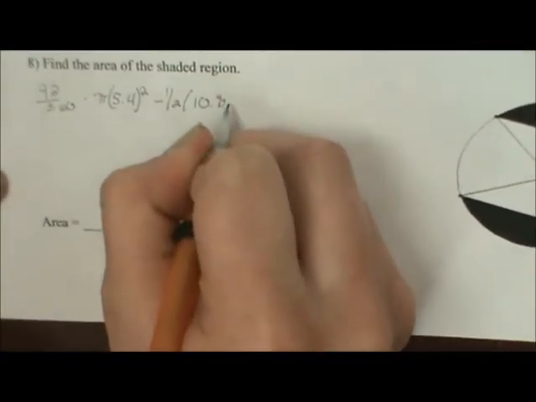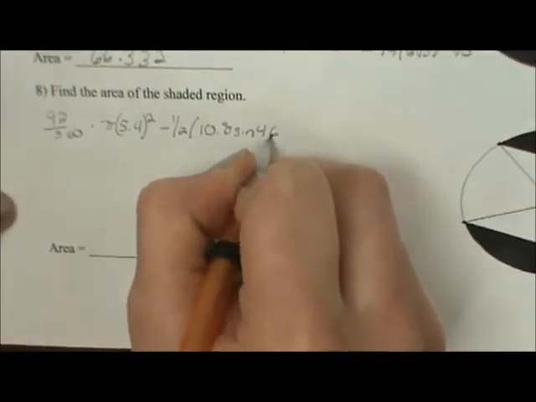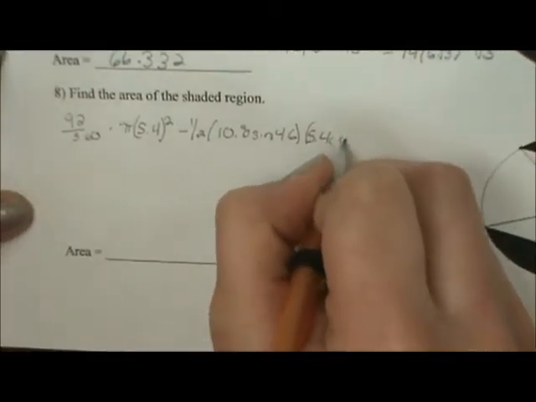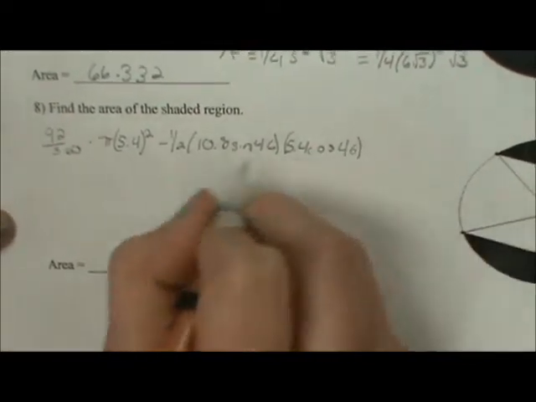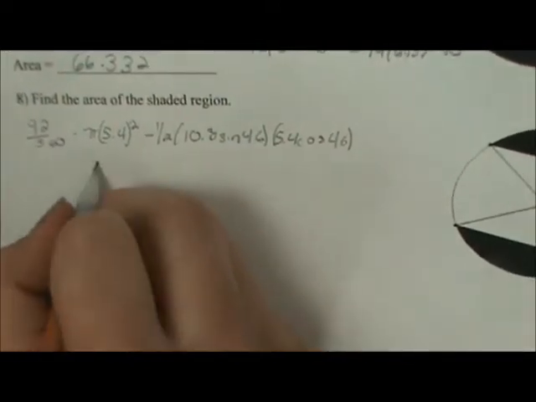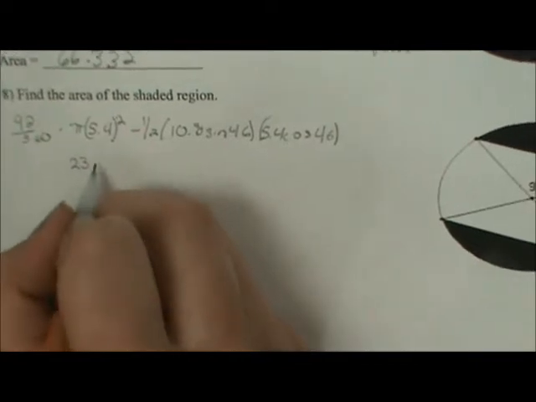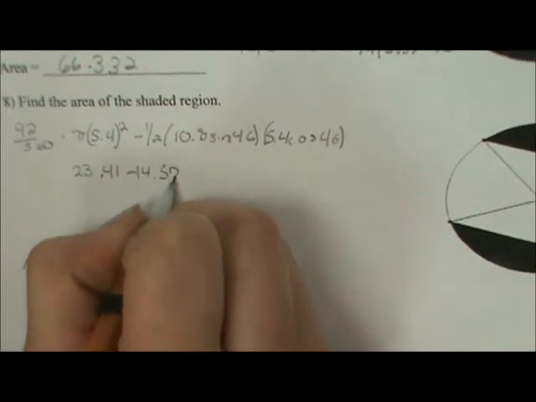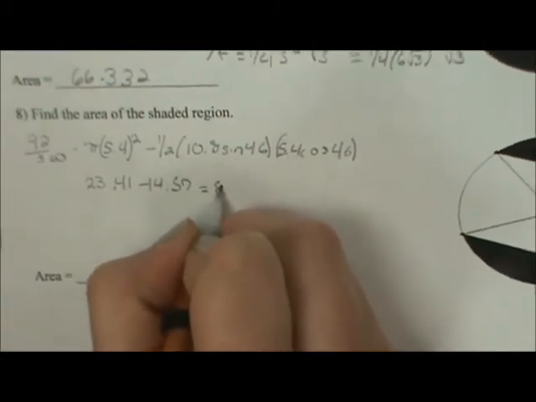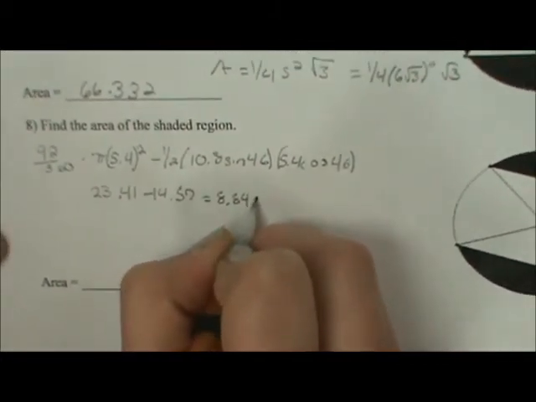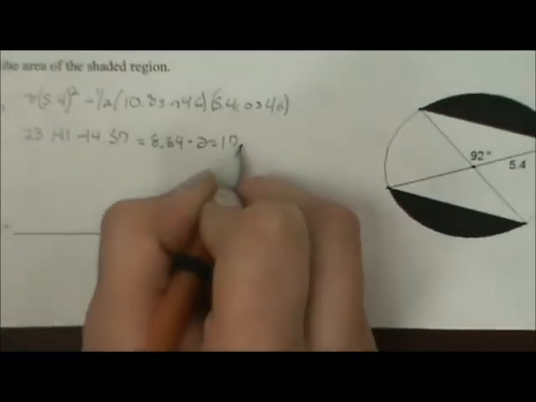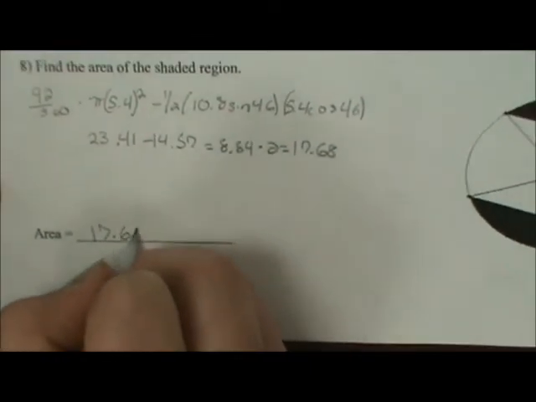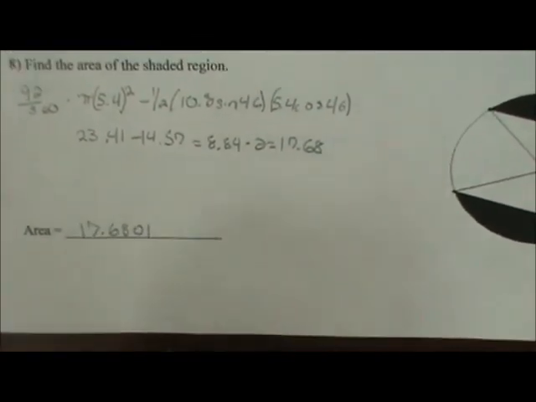Okay, number 8 is you have to do 92 divided by 360 times pi times 5.4 squared, because that's the radius of the circle, minus 1/2 times a, or the height of one of the triangles-ish, is 10.8 sine of 46, and then times our perimeter of the polygon inside is 5.4 cosine of 46. And then simplifying, we have 23.41 minus 14.57 equals 8.84 times 2,